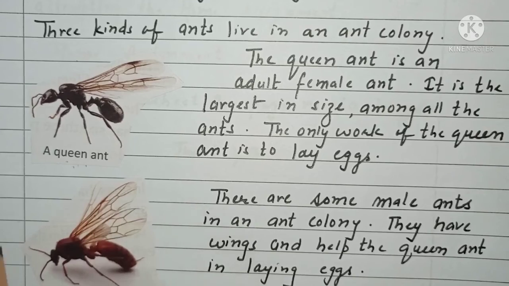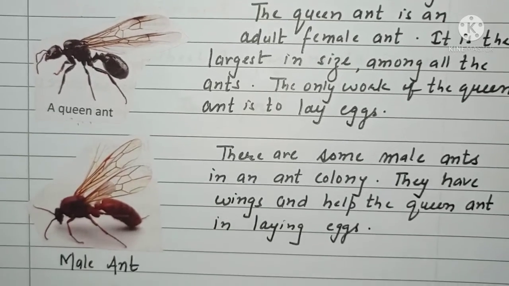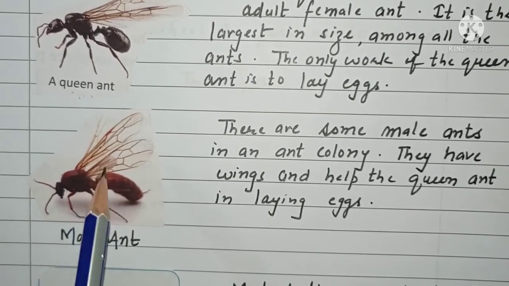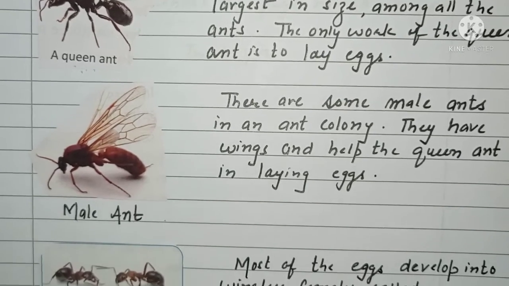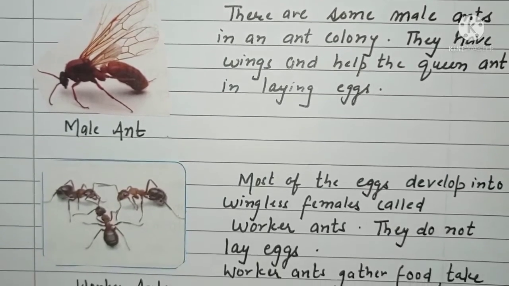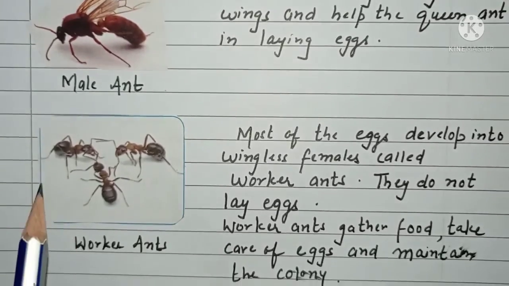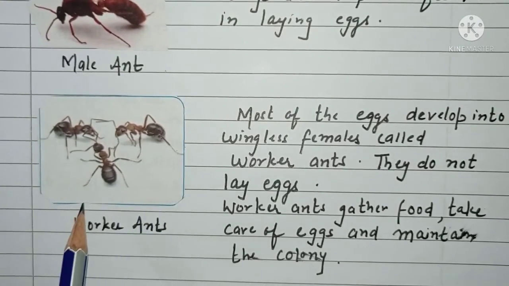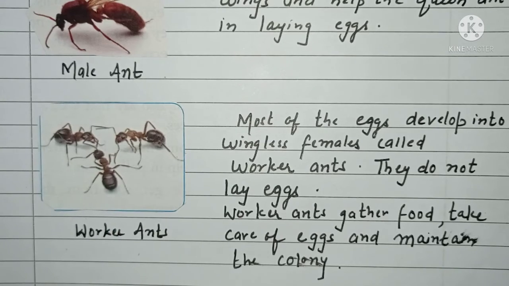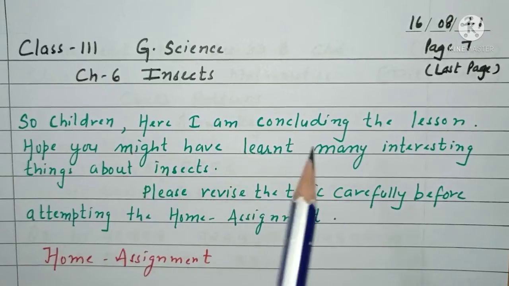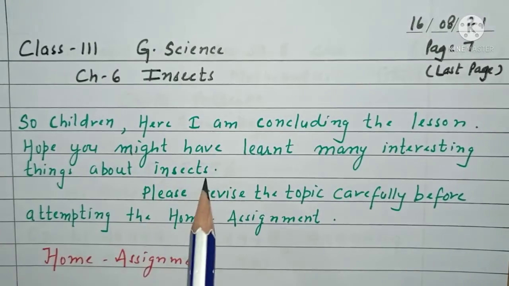And then there are some male ants in an ant colony. They have wings and they help the queen ant in laying the eggs. And then the worker ants. Most of the eggs develop into wingless females, which are called worker ants. And these worker ants' work is not to lay the eggs, but they gather food, take care of eggs, and maintain the colony. So, dear children, here I am concluding the lesson and hope you might have learned many